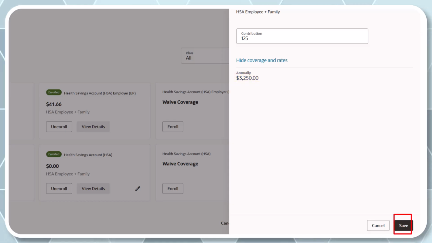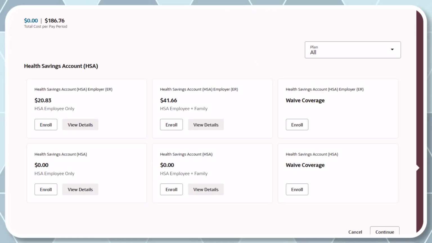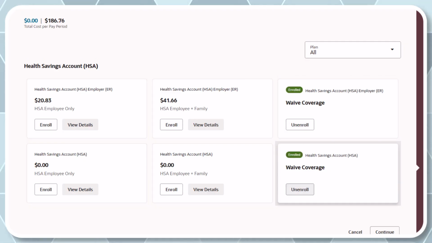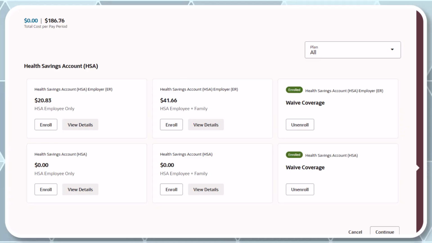Select Save. If you did not select a high-deductible health plan in Train Stop 1, select the option to waive coverage for both employer and employee. After you have made your selections for employee and employer HSA coverage, select Continue to proceed to the next train